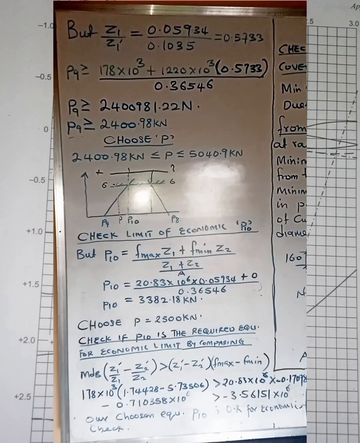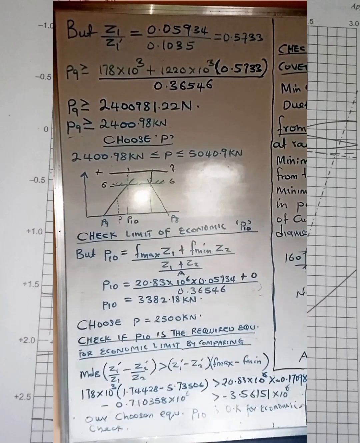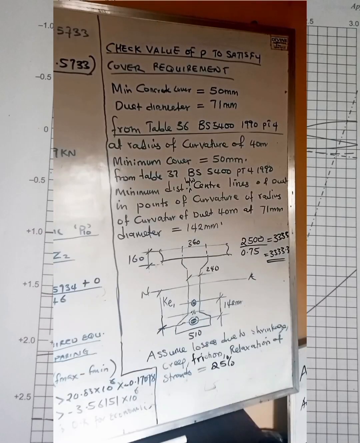Okay, now having gotten this, we are sure of the pre-stressing force. Of course, we need to check for the cover requirement for this pre-stress. So if we must check for the cover requirement, we know that the minimum is 50 mm, we have the cable duct diameter to be 71 mm. And we can as well check these values from Table 3.6 of BS 5400 1990 Part 4. Radius of curvature 40, minimum cover 50 mm. We can check that. The center to center spacing of a duct, the minimum distance should be 142